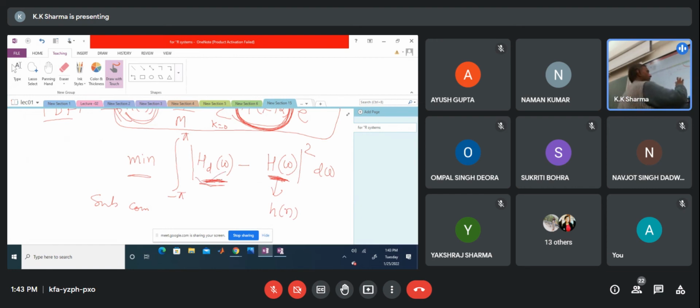So either the magnitude part can be taken in the optimization or the phase part can be taken in the optimization. I can also say that the phase of the desired filter and the phase of the actual filter, and the error between them is minimized, or both of them I can minimize. So only the error between magnitude response or the error between phase response or both of them can be minimized. So depending upon the design criteria, you can have a large number of solutions. Is that fine?